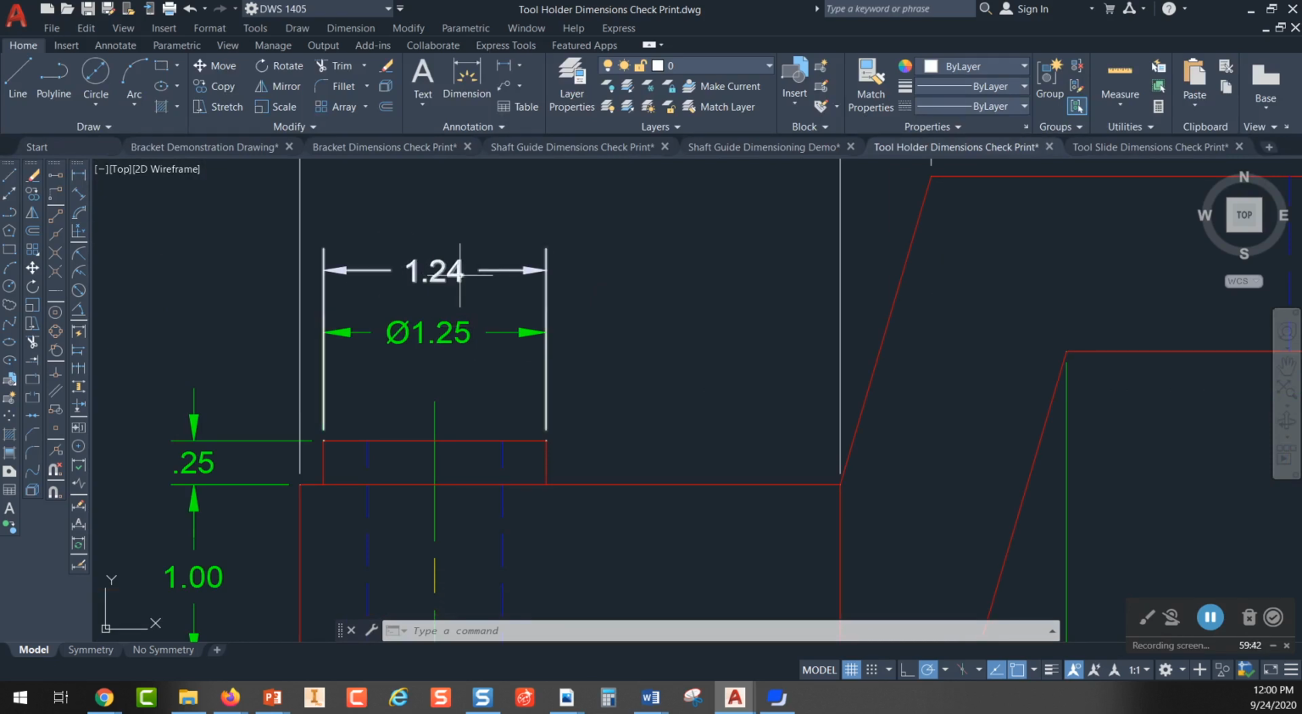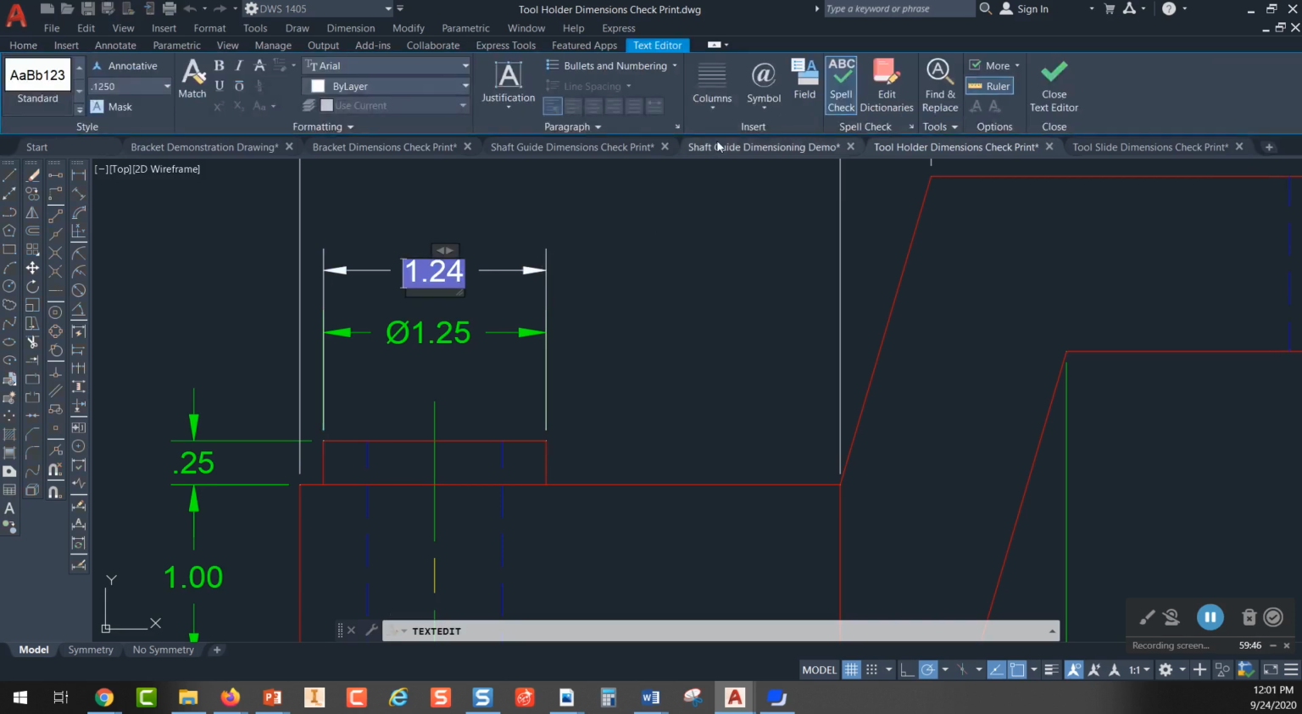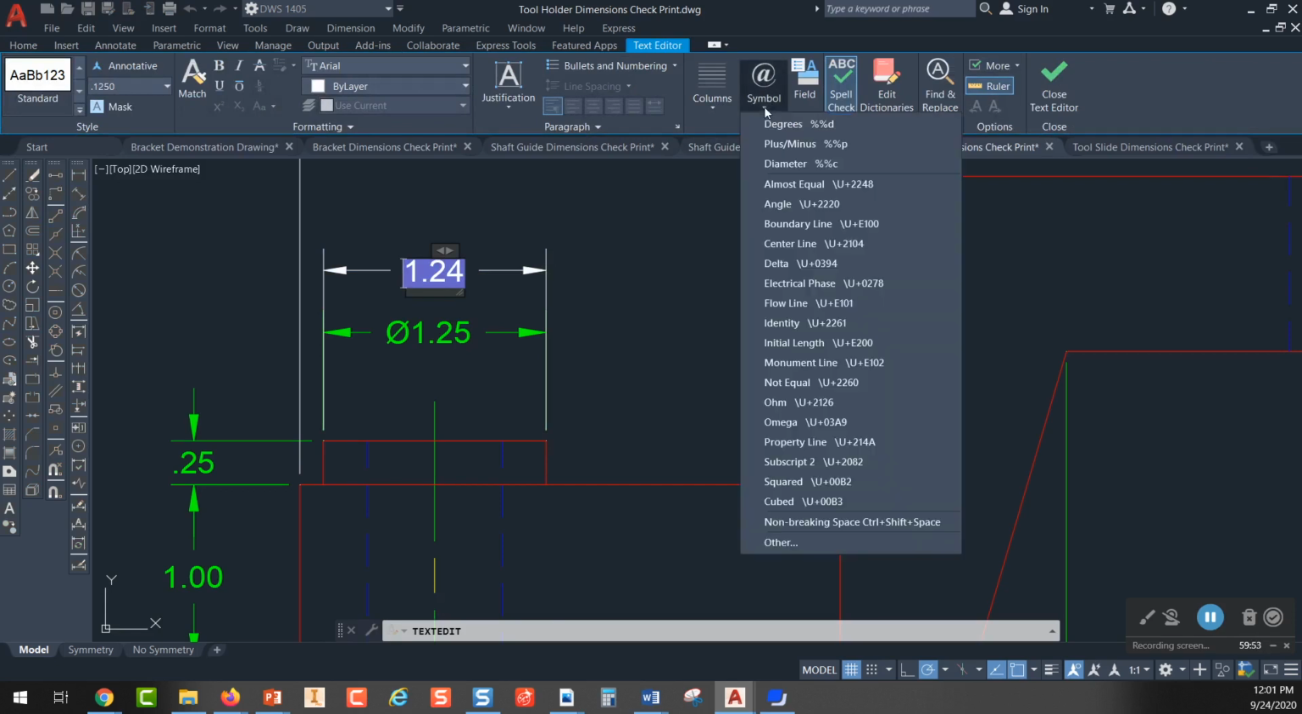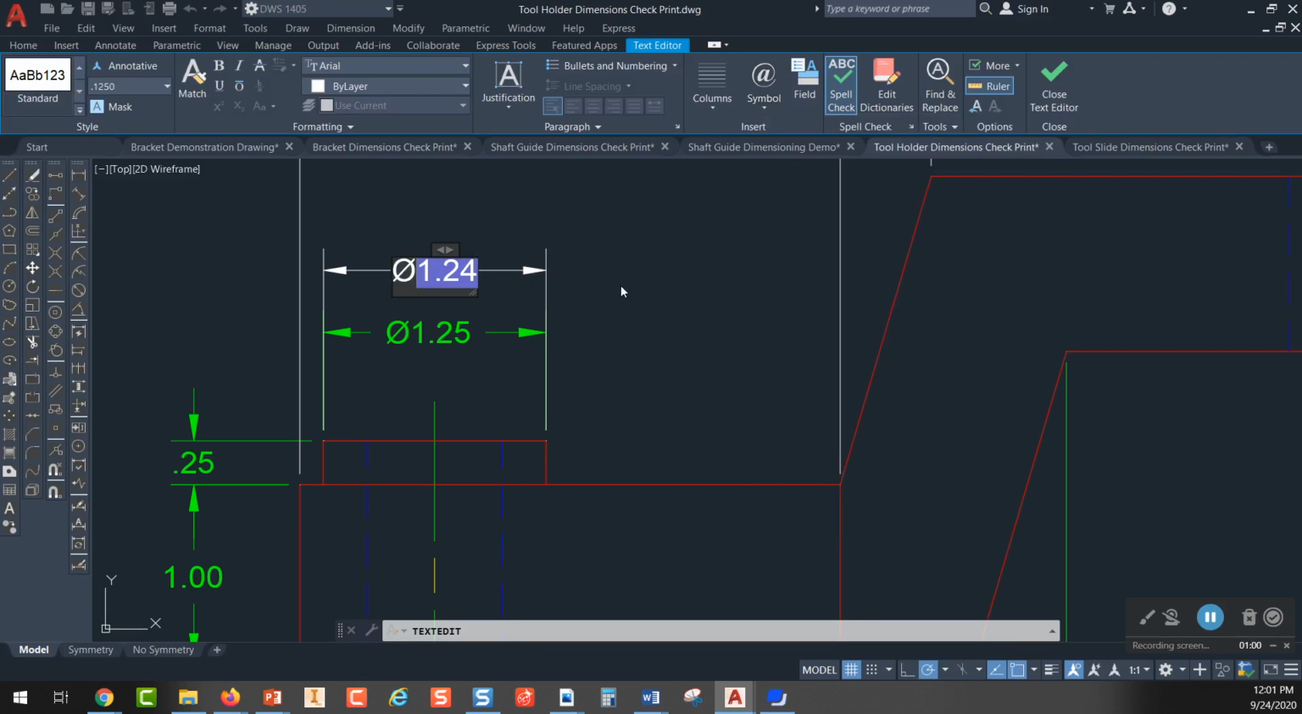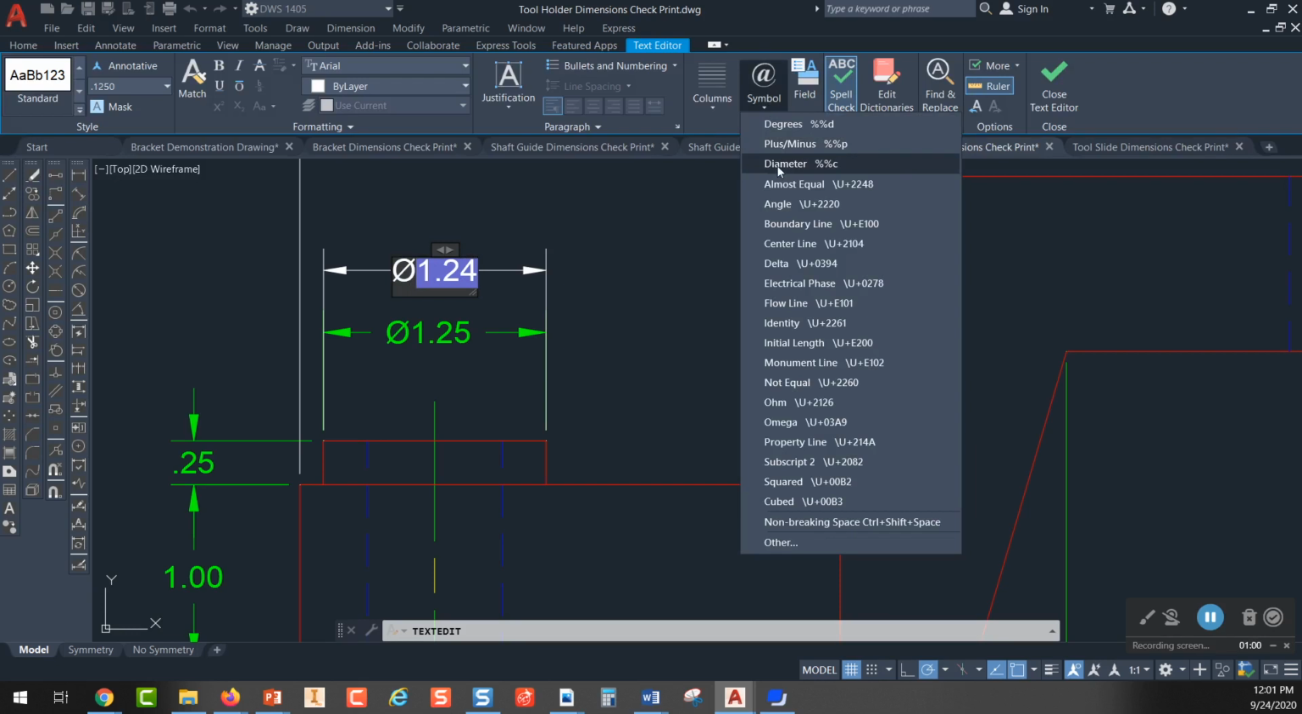So remember that to do that, you can double click on the dimension, and then look up here in your ribbon and go right here where it says symbol and pick on that down arrow. And you have a bunch of symbols. You could have a degree symbol, a plus or minus, or you can have a diameter. If you pick diameter, that'll put that diameter right in front of it. Let me point something out to you about that symbol. If you pick on the down arrow, you see where it says diameter? To the side of it, it says